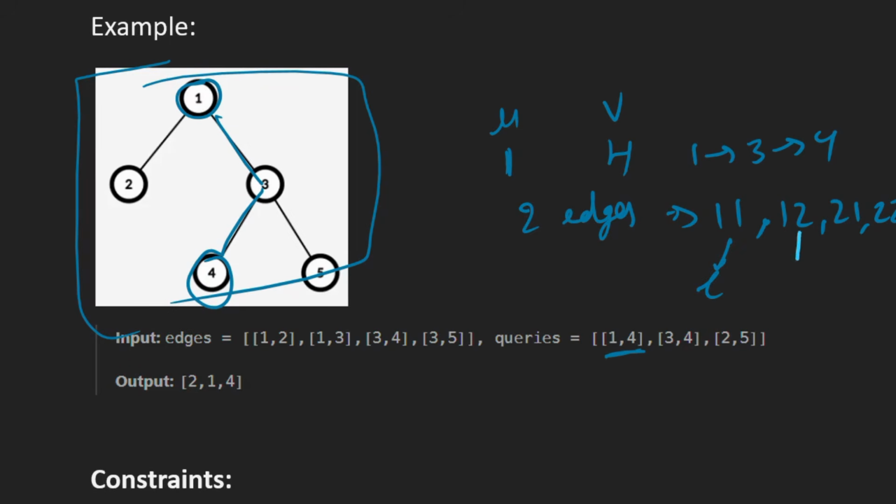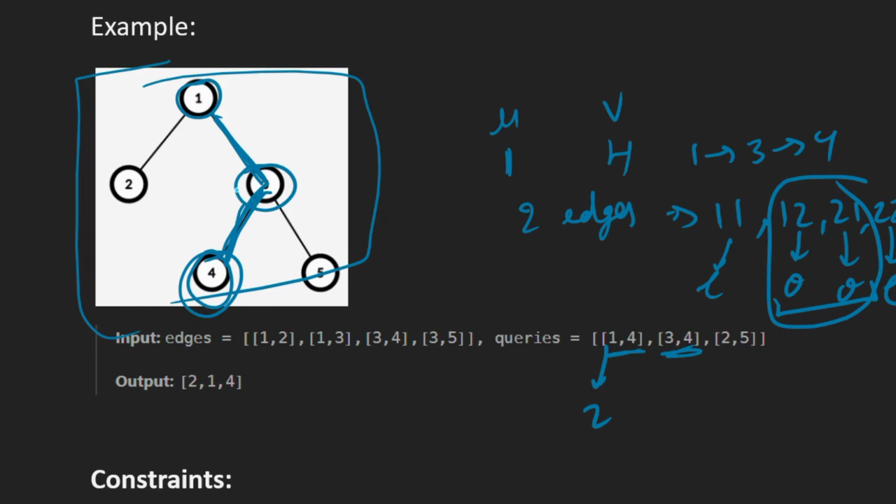So if you see, this is an even sum, this is odd, this is odd and this is even. So how many of the possibilities have an odd sum? So out of 4, 2 possibilities have an odd sum. So the answer for this query is 2, right? In two ways we can assign the weights such that the cost of this path is odd. Then the next query is 3 to 4, basically this edge 3 to 4, right? So either we can assign 1 or we can assign 2, but 2 is even, so we only have one option, that is we assign the weight as 1. So for this query we have only one option.